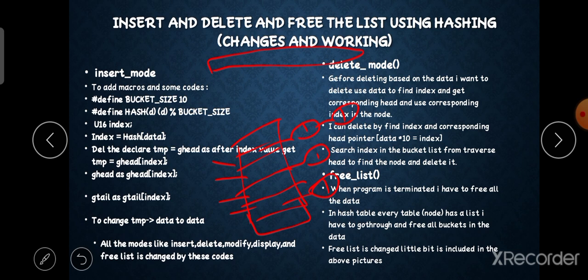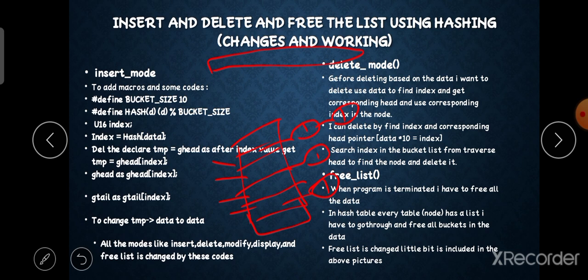For insert mode, the macros and code have some changes, which I already told you in the previous slide. The coding is different from the normal single linked list implementation, as this is the hashing single linked list implementation. First, how to insert: while inserting the node, we do hashing and get an index.